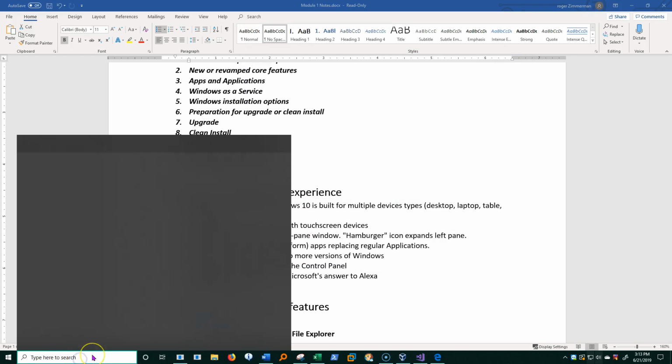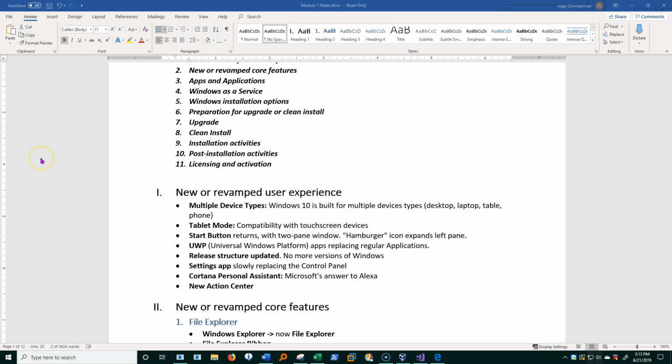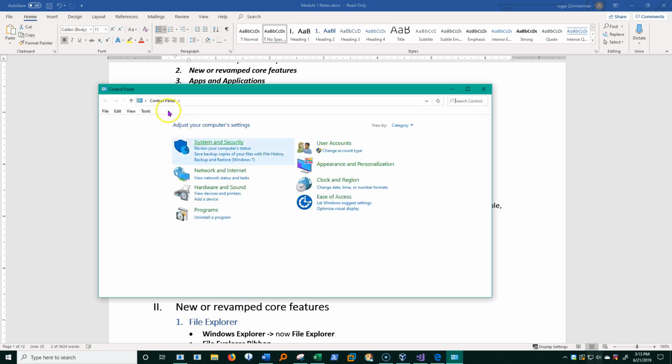Now the old control panel is still here, but things are moving from the control panel to the Settings app over time. It's taking a little moment for it to come up. I'm not sure why it's taking that long. There it is. So the control panel is the one that we used to use, and now some of these items are still only on the control panel, some are now in the Settings app, some are in both.